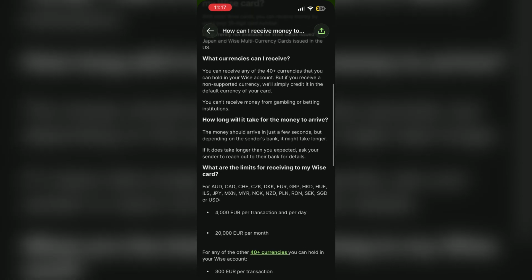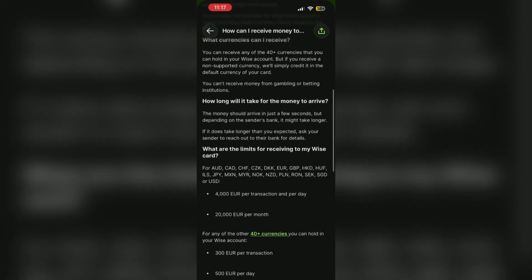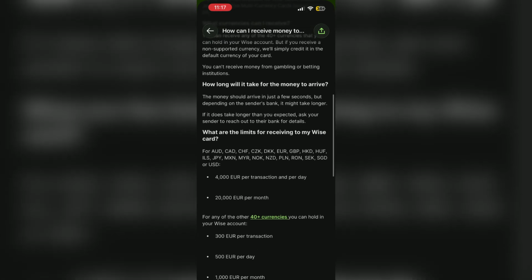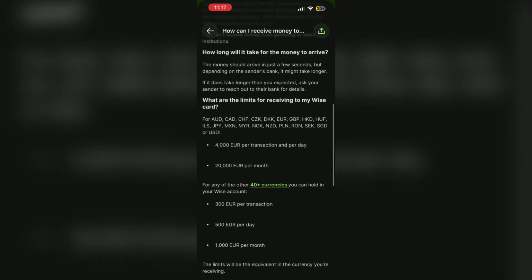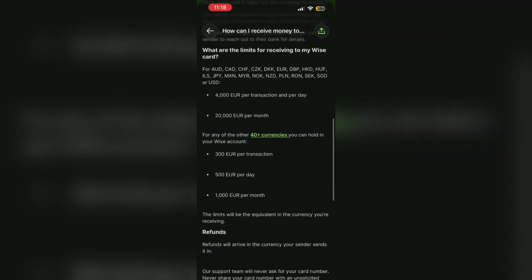Open the relevant currency balance, then select Account Details to find the available details, such as your account number and routing information. Depending on the currency and your eligibility, share the correct details with the person or company sending you